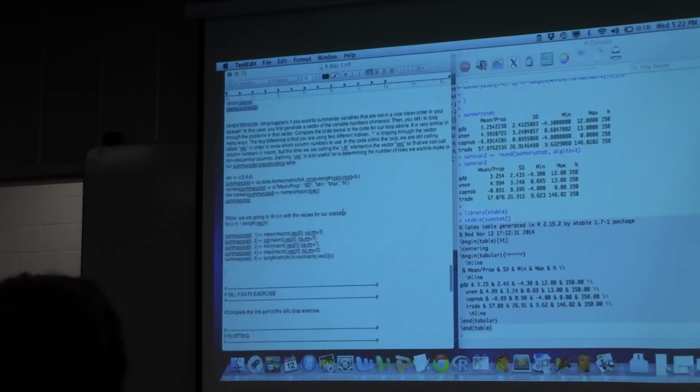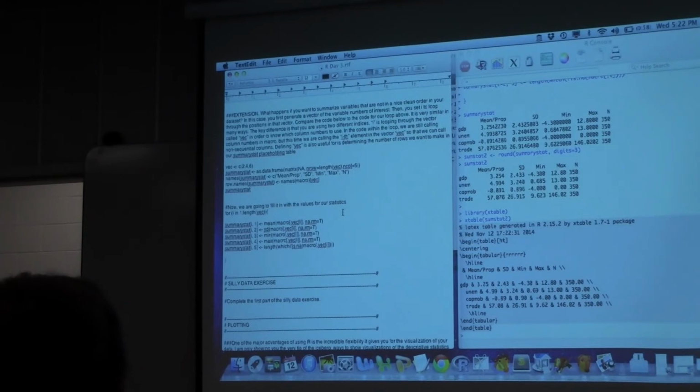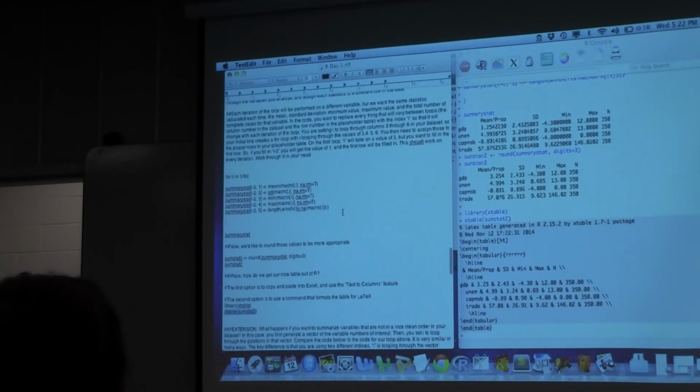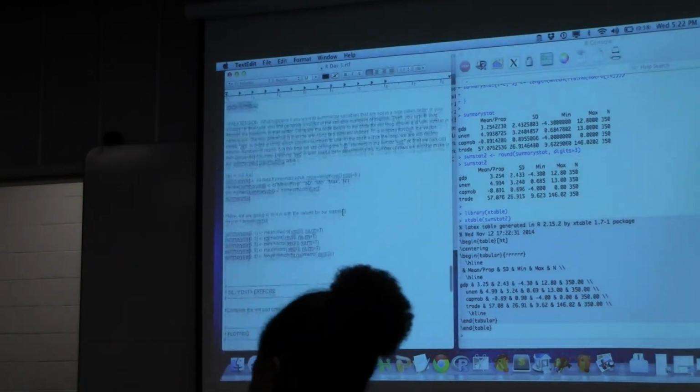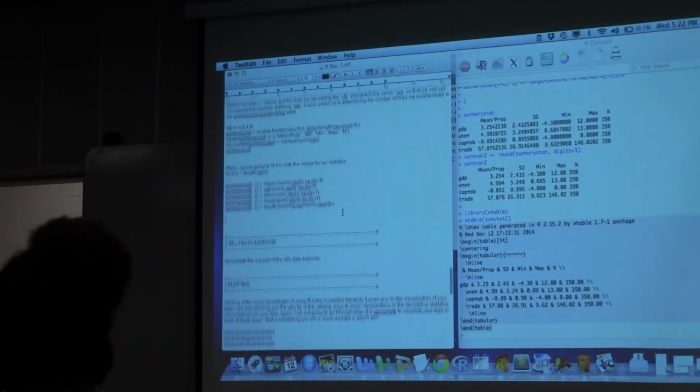Okay. Anything to clarify? Okay, the only other extension I wanted to do on that,